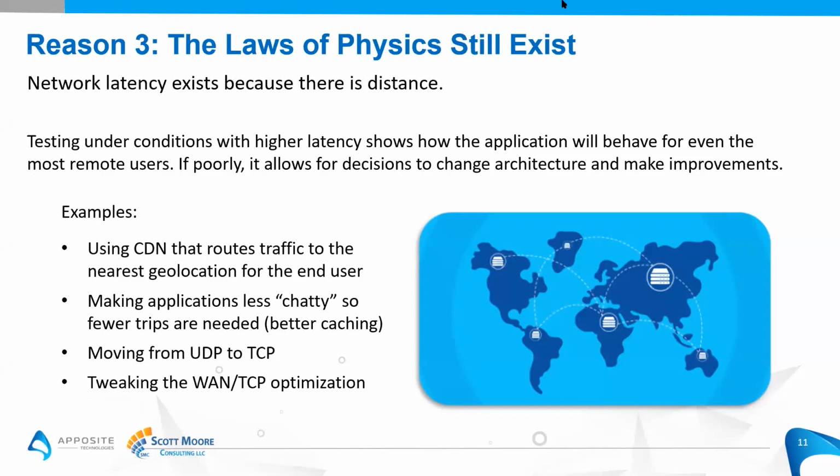They can incorporate third-party WAN optimizations or TCP optimizations. And they can just understand and put themselves in the user's position to clean things up. I always think that the fastest call is the one that you never have to make. So sometimes it's just we're making too many calls when we shouldn't, and maybe sometimes we're sending too much data when we shouldn't. Absolutely.